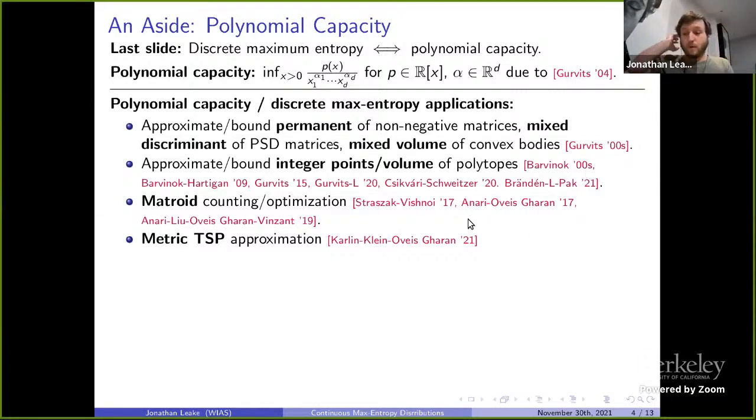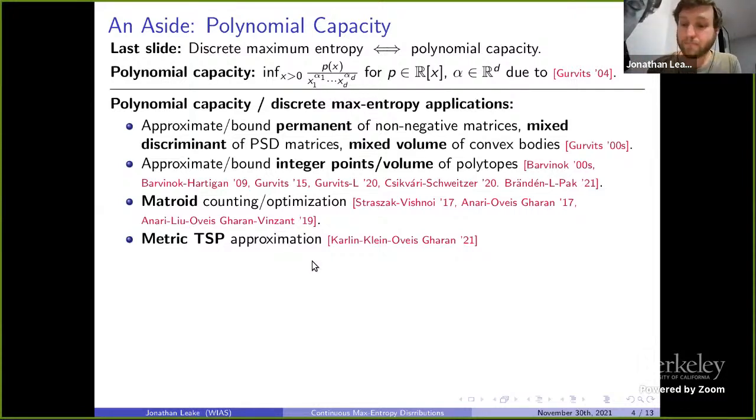There's also quite a bit of work related to doing optimization and some kind of counting on matroids. So if you want to count the number of bases of a matroid, or you want to count the intersection of two matroids. And also, like I mentioned before, this very recent work that improved the approximation factor for metric TSP in general made use of capacity, and capacity was crucial to the